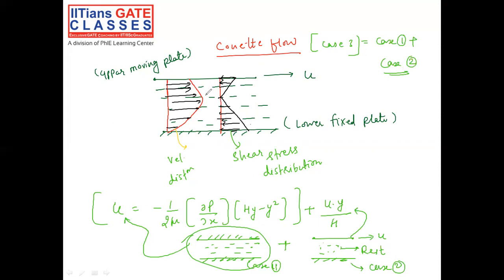And of course, where the velocity gradient is 0, there the shear stress will be 0. And where the velocity is maximum, you need to differentiate and put it to 0. And where the value is y, there the value of velocity will be maximum. Of course, the gap between the two plates will be h. This is the whole topic about Couette flow. Now, moving on to the third question.